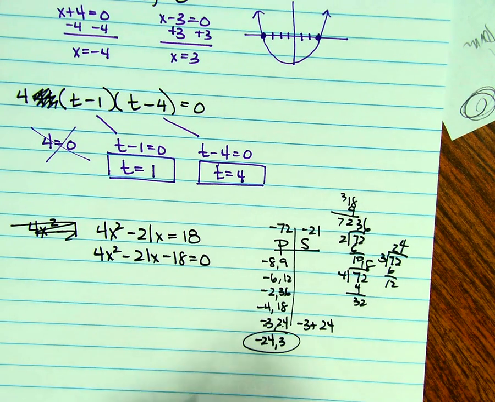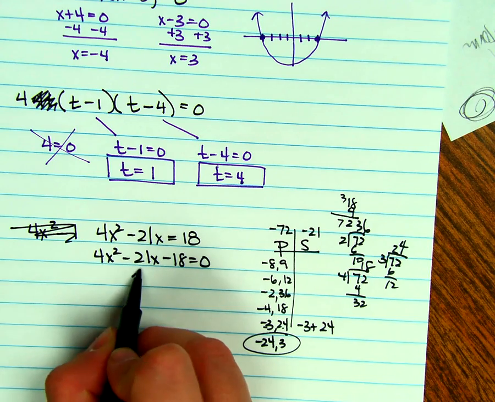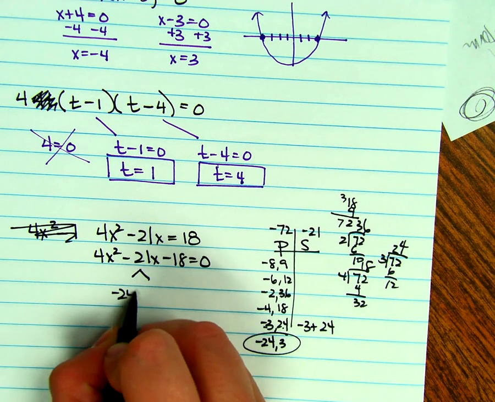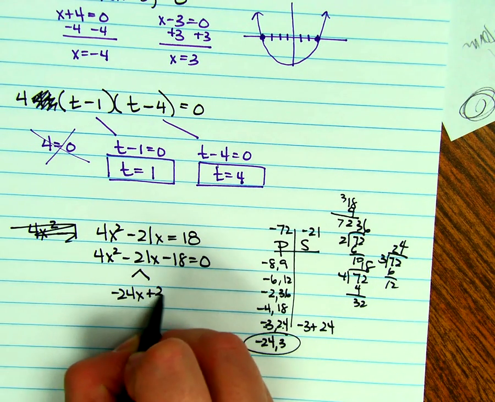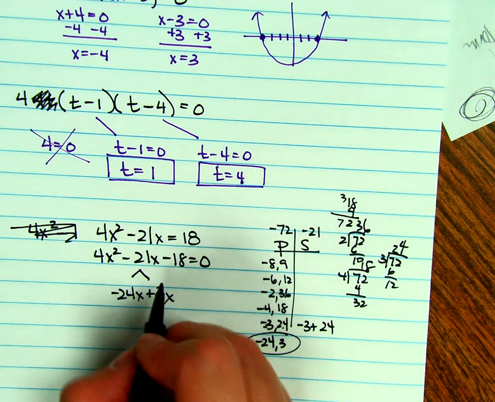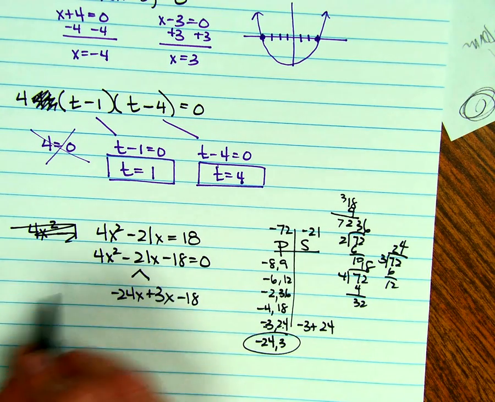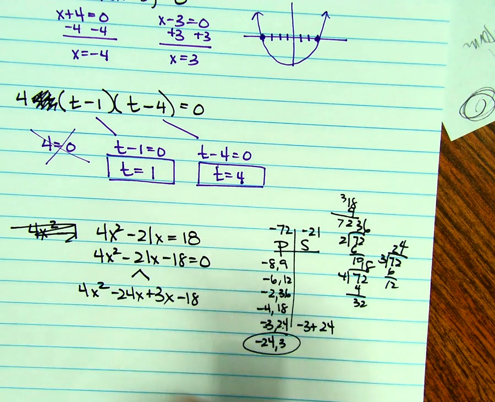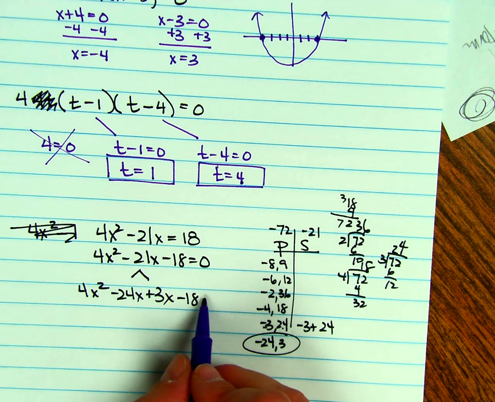That works. So those are my two magic numbers. So rewrite that middle term using the two magic numbers. Bring down the 18, bring down the 4x squared. For right now, I'm just going to leave off the equals 0 because I think that's just going to get in my way. I am then going to